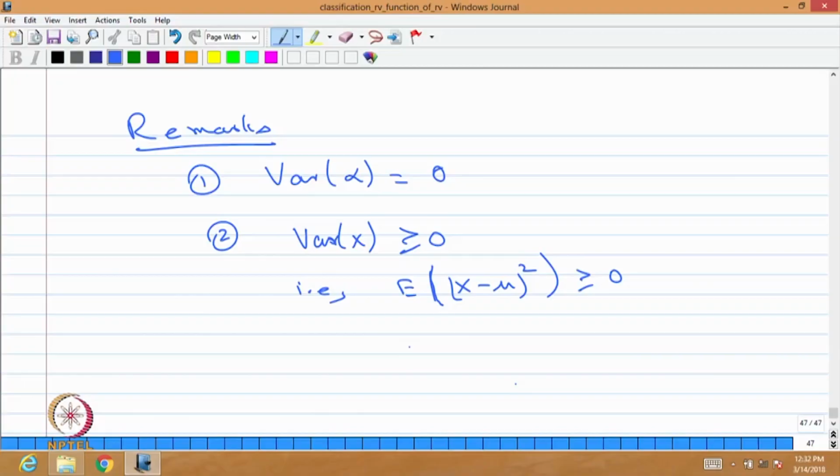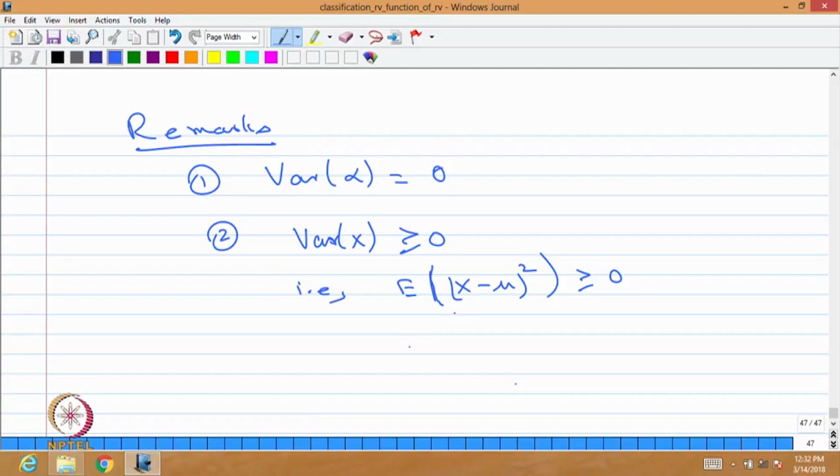You go back: when the random variable x has probability of x greater than or equal to 0 equal to 1, then the expectation is going to be greater than or equal to 0. With that logic, for (x minus mu) whole square, the probability that (x minus mu) whole square is greater than or equal to 0 is 1, because it is a non-negative random variable. Therefore, the expectation of (x minus mu) whole square is always going to be greater than or equal to 0,